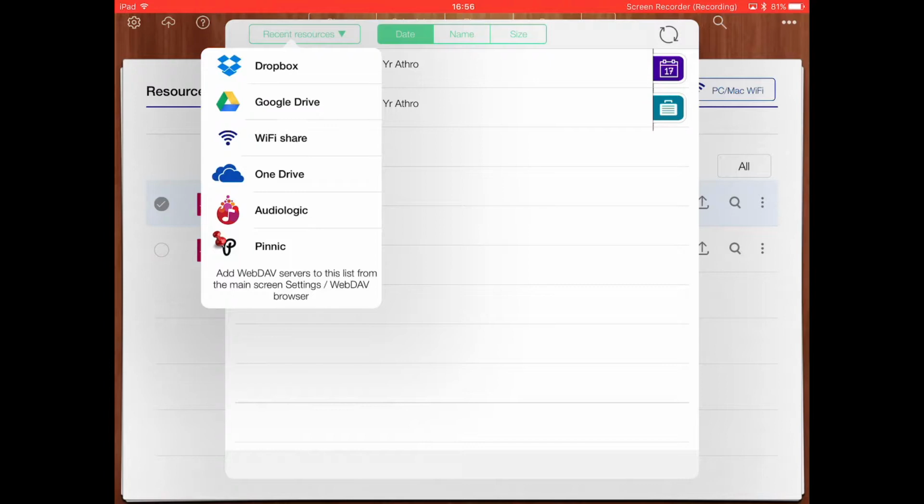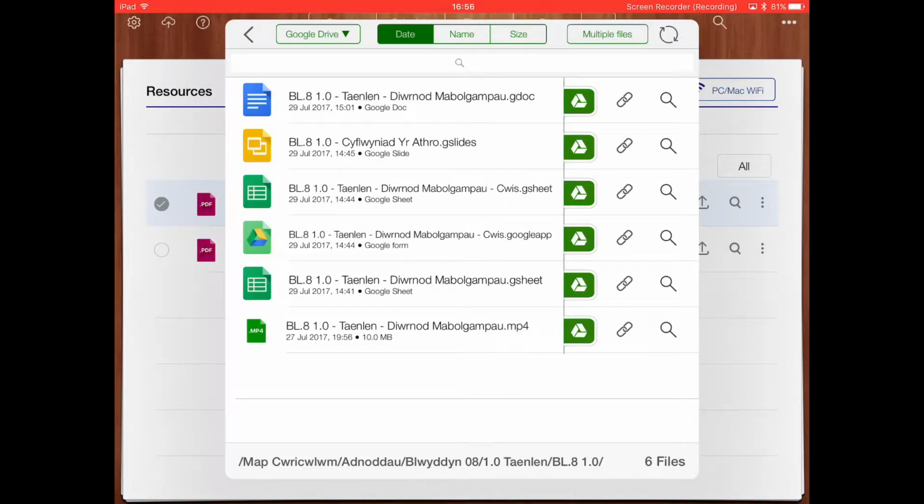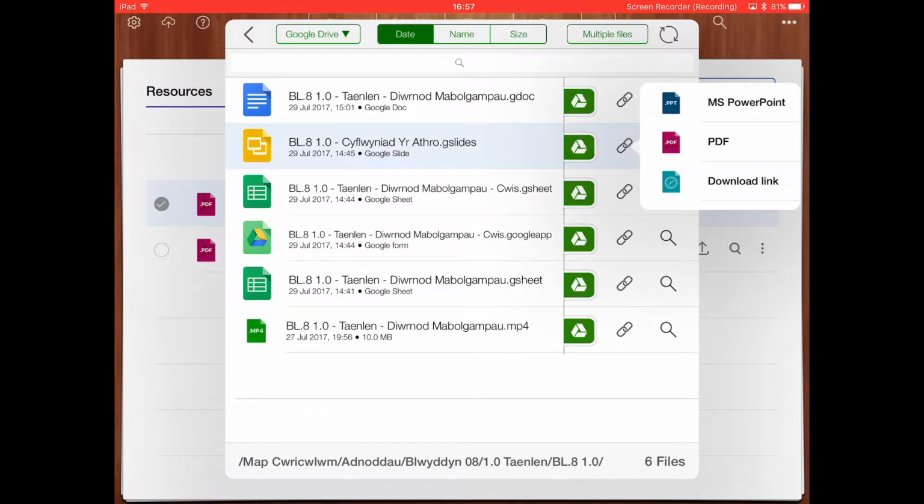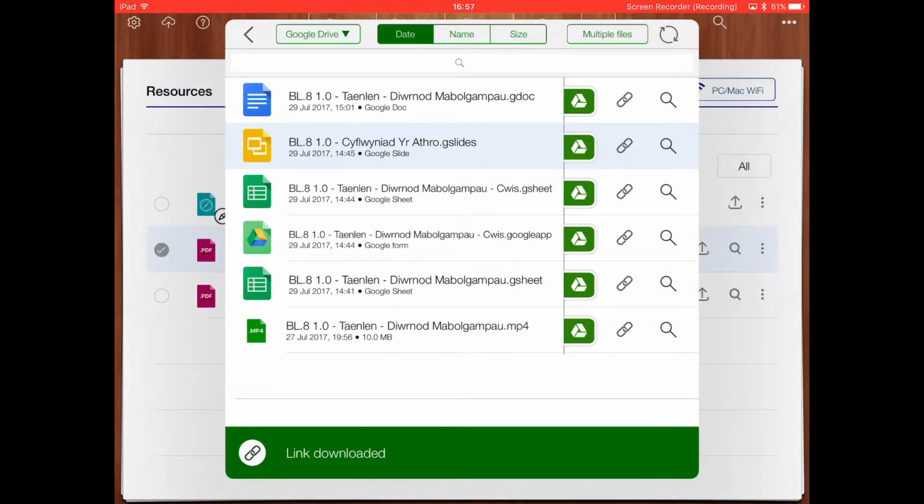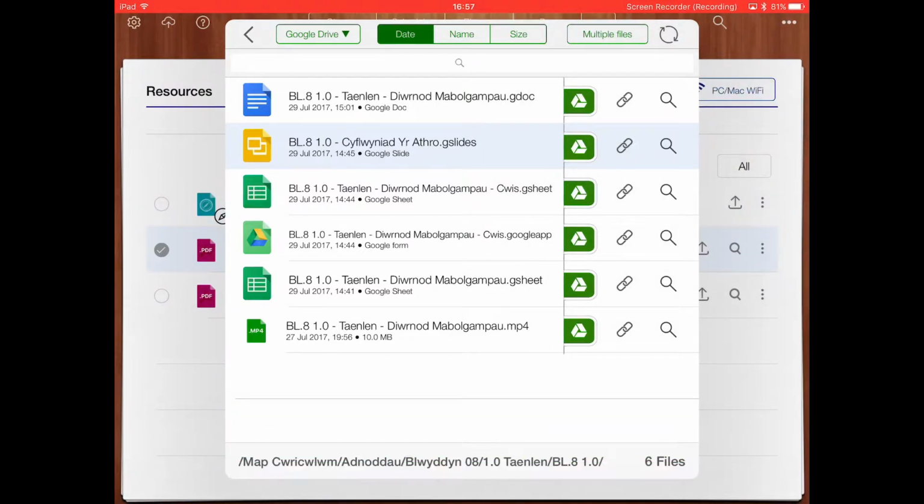And in the recent resources drop down, I'm going to select Google Drive. And it will automatically take me to where I previously was. And I'm going to select that presentation again. But this time, using the recent resources, I've got 3 options. I've got the PPT extension for a PowerPoint, I've got a PDF extension, but I've got a download link as well. So I'll select the download link, and as we can see the link has been copied on the bottom,